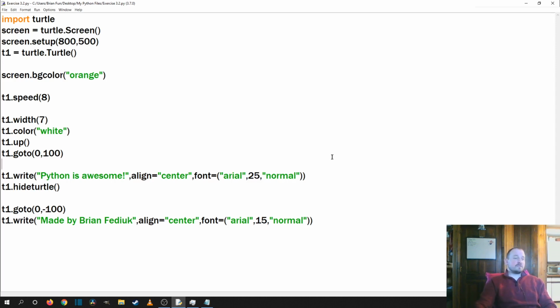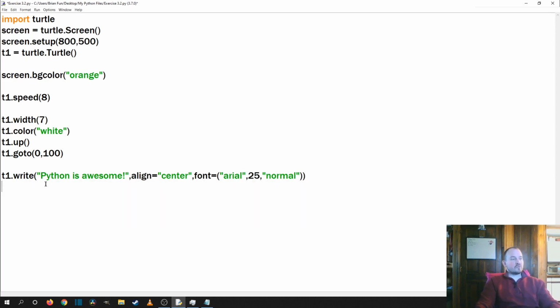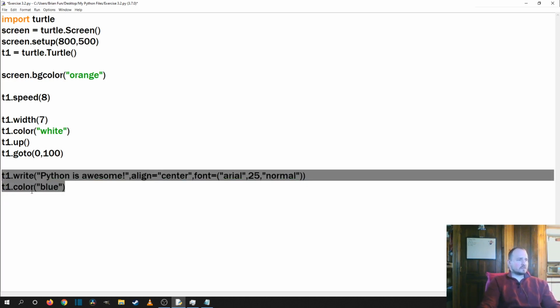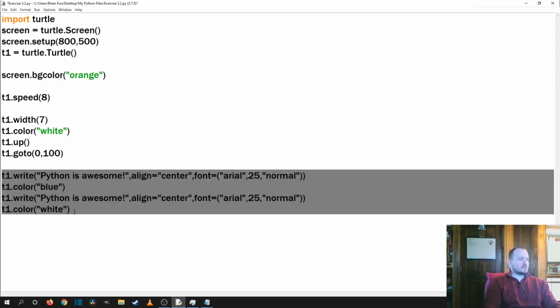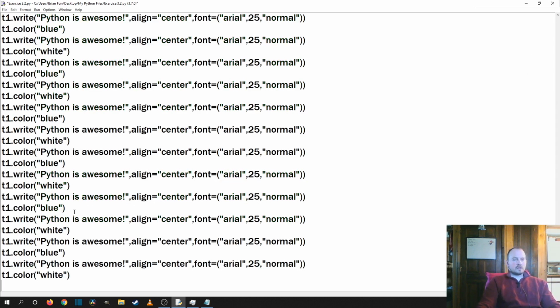You want to make things even fancier, throw some text at the bottom. You want to do some even more fancy stuff, try to make things blink different colors. And I'm going to show you that really quick. So I'm going to t1.write, Python is awesome, t1.color, let's change it to blue, and then we're going to copy these guys. I'm going to change this to white. All right, and now what I'm going to do is I'm going to copy all of these